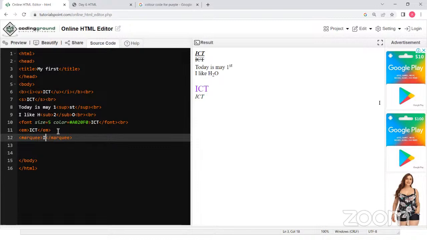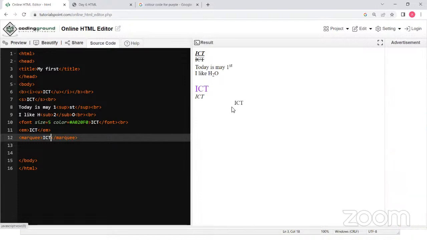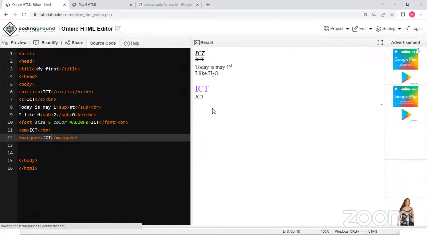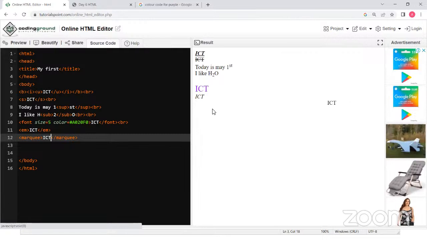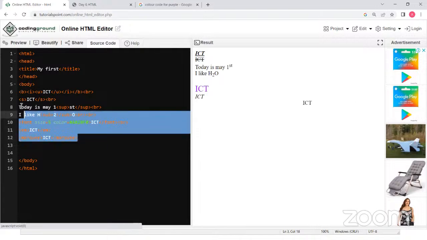you can give a word or even any sentence. You can see animated text is coming. There are directions and all that, but in your syllabus, you don't worry about that. You can change the directions. Different styles are there. Don't worry about that. Okay, then we'll go to the